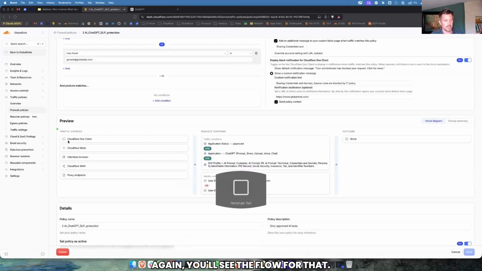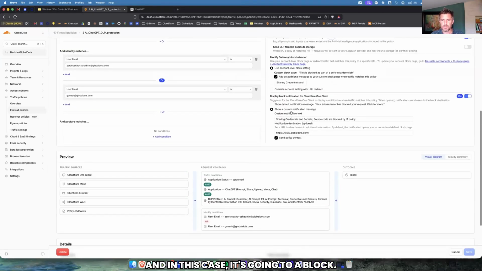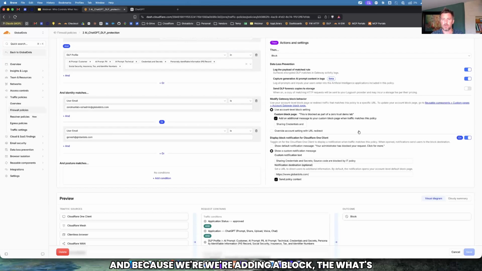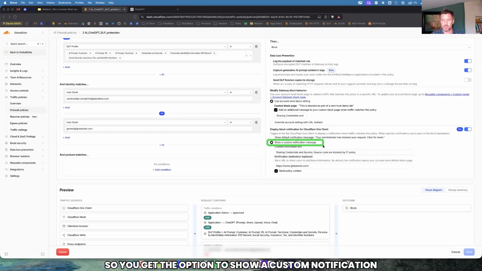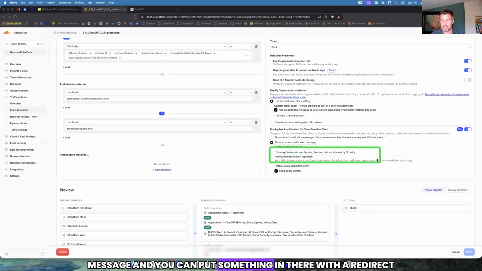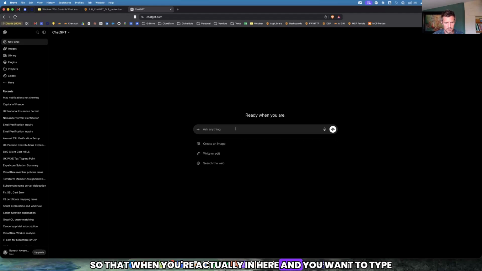Again, you'll see the flow for that. So where's the source coming from? What does that look like? And then what's the outcome? And in this case, it's going to be a block. And because we're adding a block, what's actually going to happen is the traffic that meets this is not actually going to get there. It's not going to get to ChatGPT. So we want to actually let the user know what's happened here. So you get the option to show a custom notification message, and you can put something in there with a redirect as well if you like, so that when you're actually in here and you want to type a prompt,